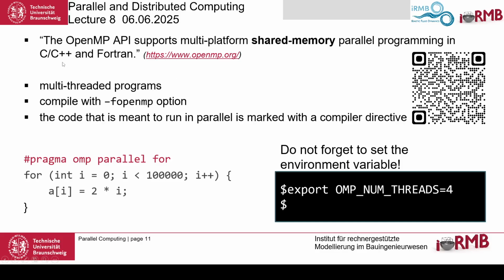And compared to MPI, it is not for distributed memory systems, but is particular for shared memory systems, and therefore it also behaves a lot differently. However, it is usually much simpler. So if you can use OpenMP, parallelization by OpenMP is usually the easiest thing that you can do,